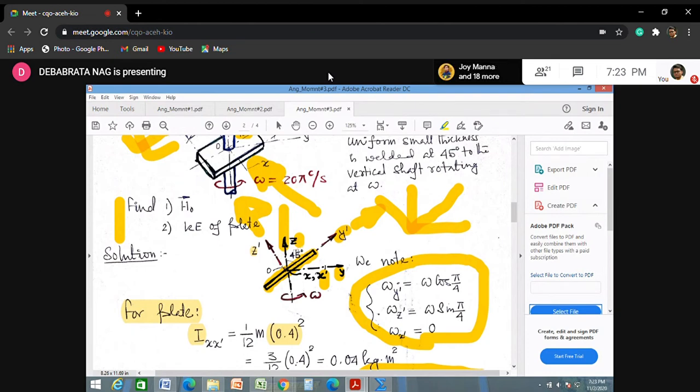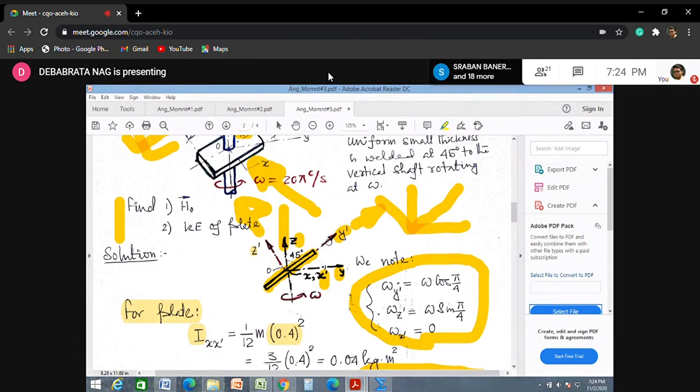If the angle is not 45 degree, suppose it is 30 degree, I do not get the advantage that cos and sin will be the same. So you need to take properly what is cos and what is sin. Since this angle is 45 degree, I am actually safe. Whether I write cos or sin, it will not matter. But if the angle is other than 45 degrees, say 60 degree, 30 degree, 15 degree, or whatever angle is given to you, then you have to be very alert about whether cos or sin is coming.